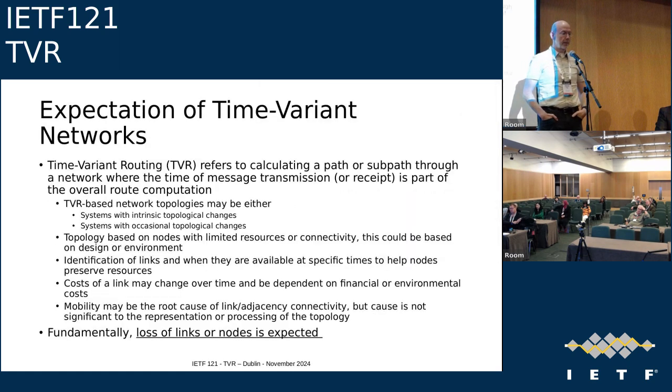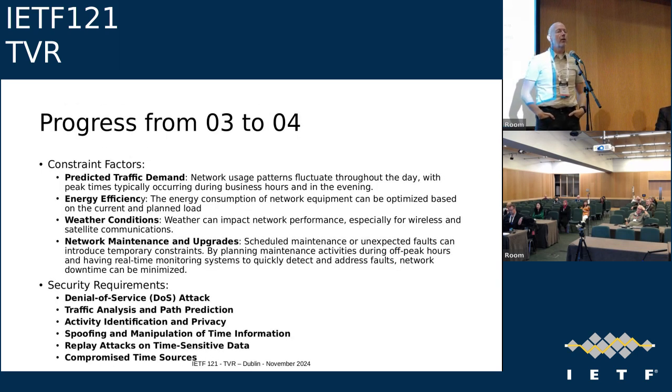Next slide. And these are listed, maybe next slide. No, okay, so essentially these are several categories of function for providing a time variant network capability. The routing is kind of a misnomer because we don't affect the routing protocol, but essentially we expect link changes. These are planned link changes. And there are specific objectives and entities and terminology that are going to be required. The constraints that you see here are what we've added since the 0.3 version. So we expect from a requirements perspective that there will be